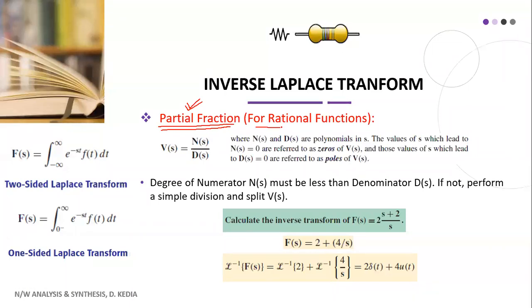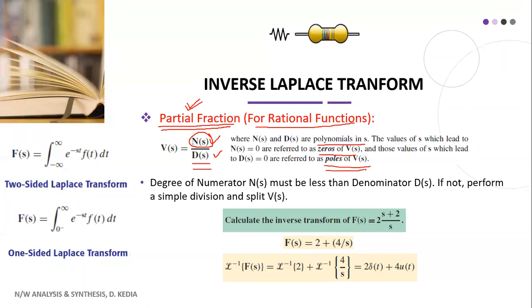All of you know what is the meaning of rational function. Your rational function can be expressed in the form of polynomials in S, that is N(s) by D(s). N(s) is numerator and D(s) is your denominator. Both are polynomials in S, that you already know. One new thing that you need to know is the roots of numerator, that is N(s), those are known as zeros, and the roots of denominator, that is D(s), these are known as poles.